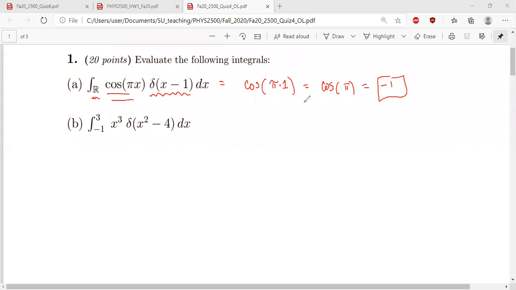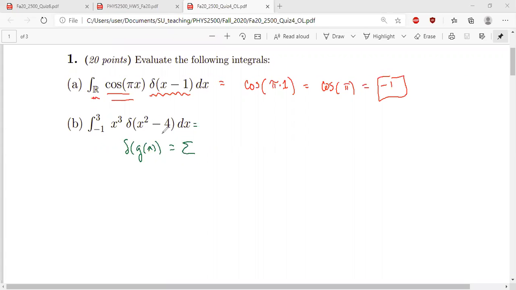Okay, next one, a little bit tricky. So this is a delta function of some function itself, namely g of x, in this case x squared minus 4. You can either use the direct expansion, or you could try to argue from first principles with a change of variables, which would be kind of tough because of the squared. But in general, if we have a function stuffed inside of a delta function, that becomes a sum over